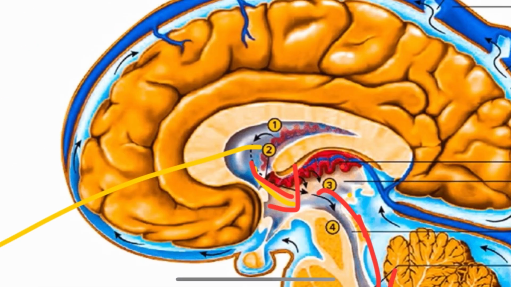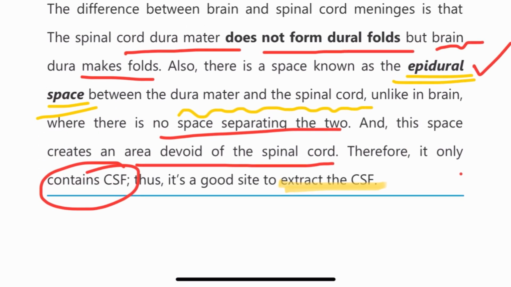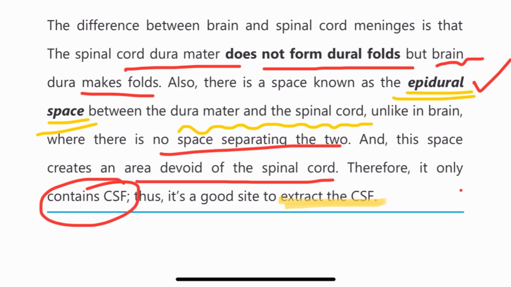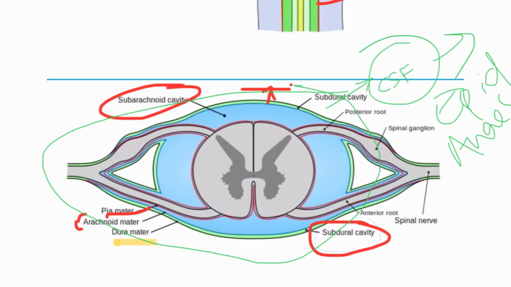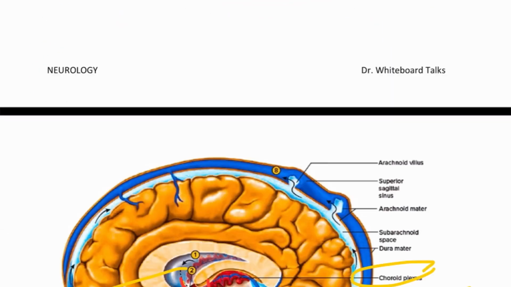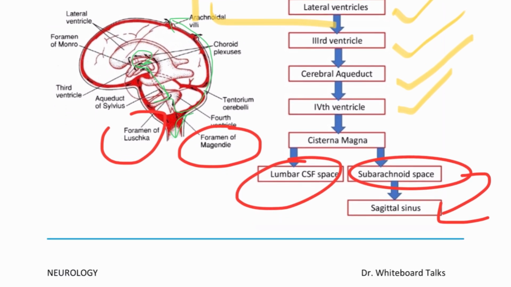To sum up the topic, we have CSF circulation, how and where it is formed and how it is transported, the main difference between the meninges of the brain and the spinal cord, and the diagram of how they are organized. From there, what is the advantage of the epidural space I have mentioned, and what is the function and the way of transportation, or what we call circulation,